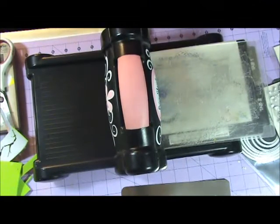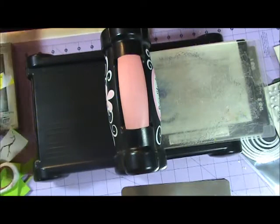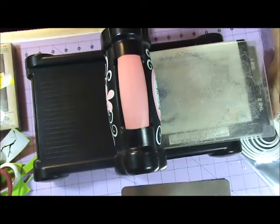This is Nancy Bastine, and remember when I was doing the jelly plate backgrounds and I didn't have any stamps for borders? So my mind got to thinking that somehow I could make some border stamps. So I have pulled out my Big Shot and some of my